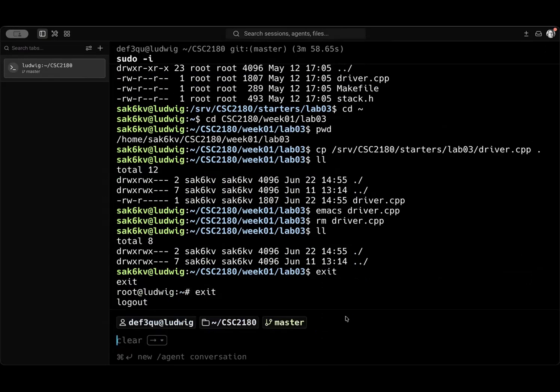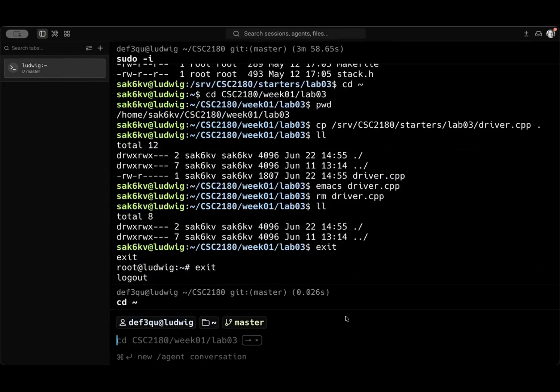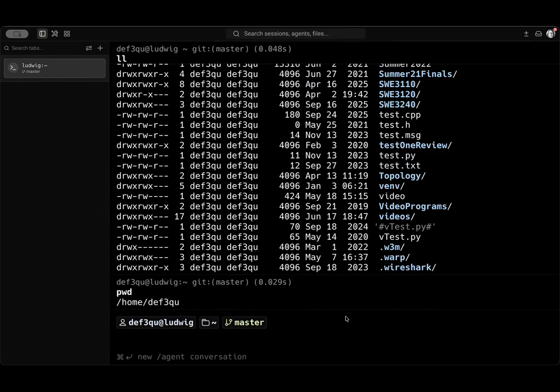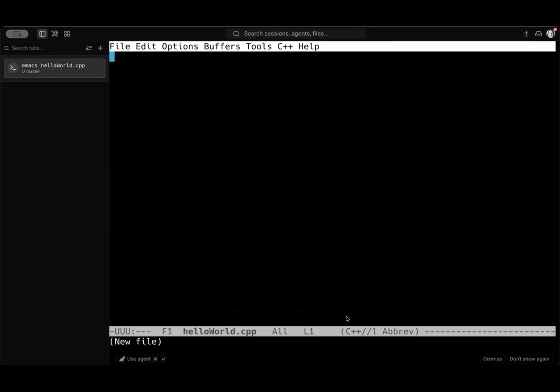Okay. I also want to go through a Hello World example. I think there's another video that does this, but just so we're clear, we get into my home directory. Okay. So if we have hello world.cpp, I'm going to use Emacs for that. Okay.